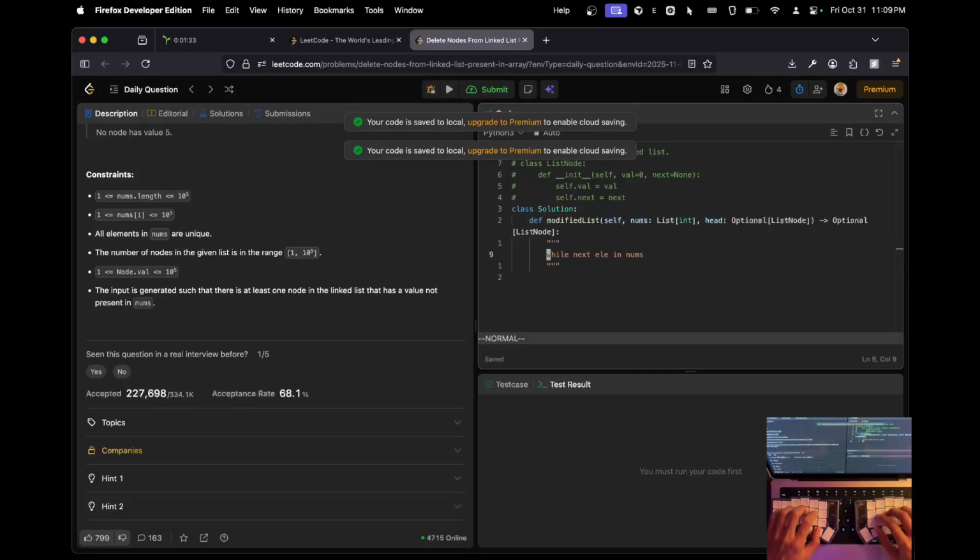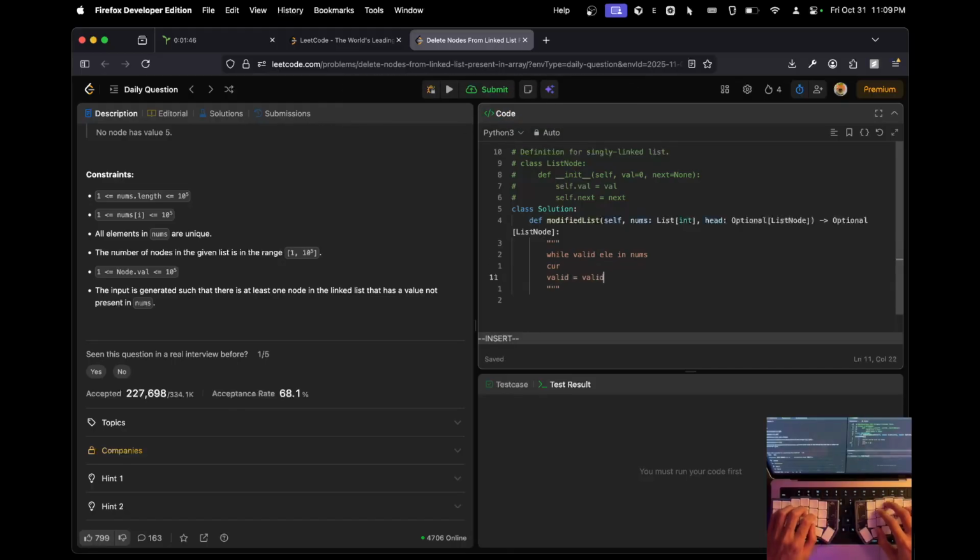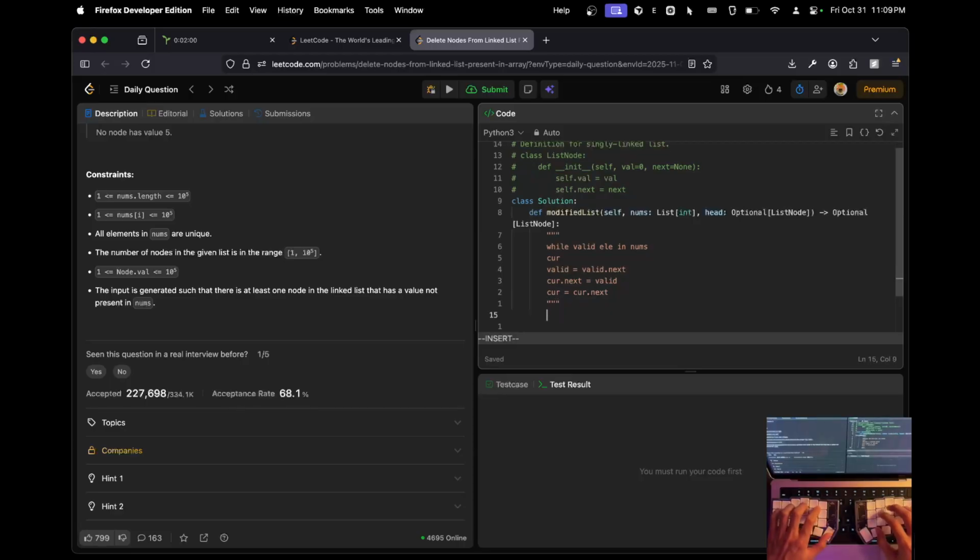Or I guess actually you would have like a cur pointer and a valid pointer, and while the valid is in nums, you just set valid to valid dot next. And then at every point cur dot next is equal to valid, and then cur is equal to cur dot next. And you want to hash these, so